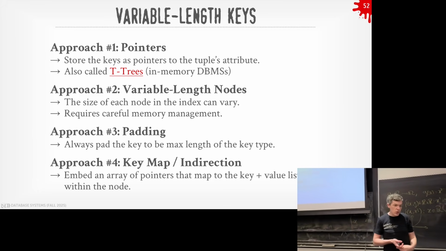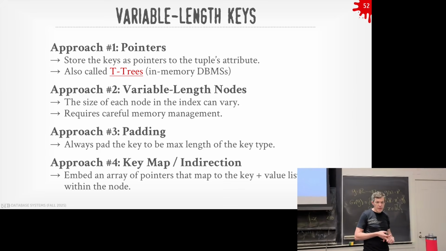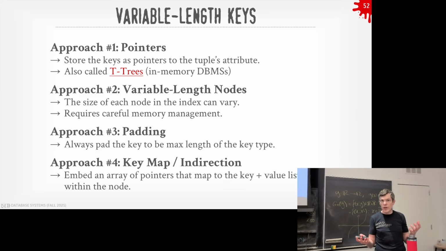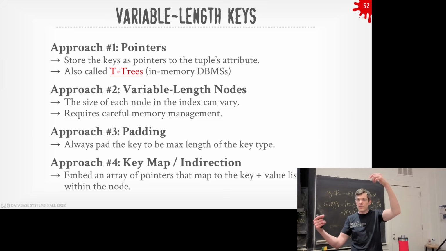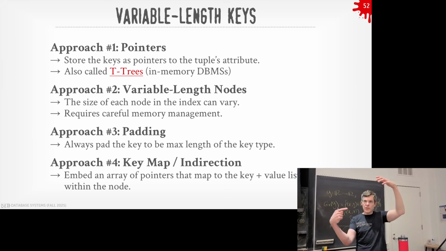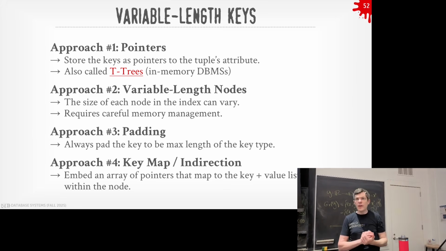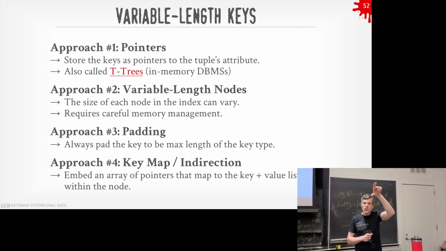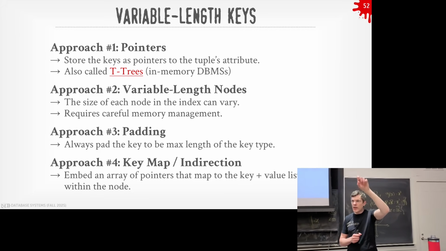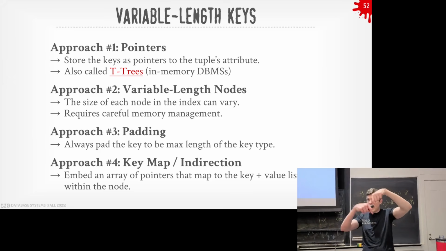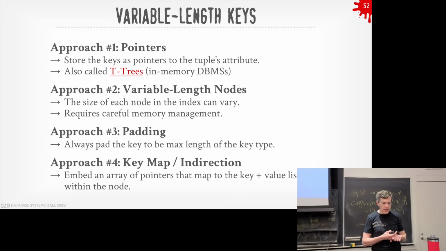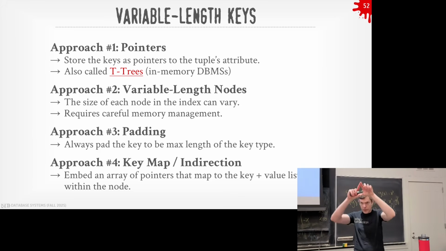The implementation that everyone usually does is the same way we have slotted pages, where you take a page and the data is growing from the end to the beginning. You can do the same thing for your variable keys. So now you have an offset array to say, for a given key, here's the offset within my page to find the actual key that I want. So the last one is usually what people do. And then if you have really, really large keys that don't fit, then you overflow horizontally. And that's okay.